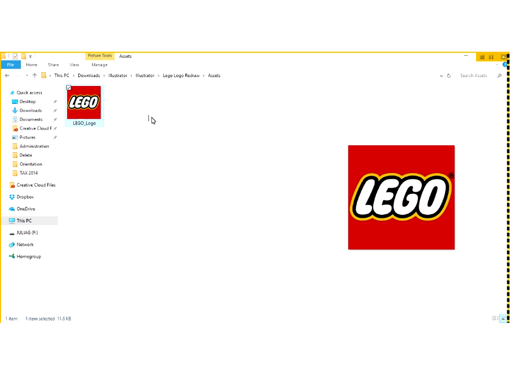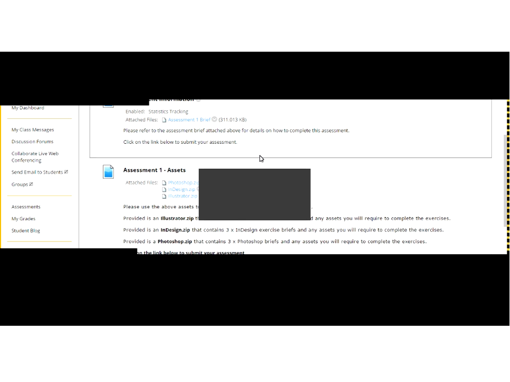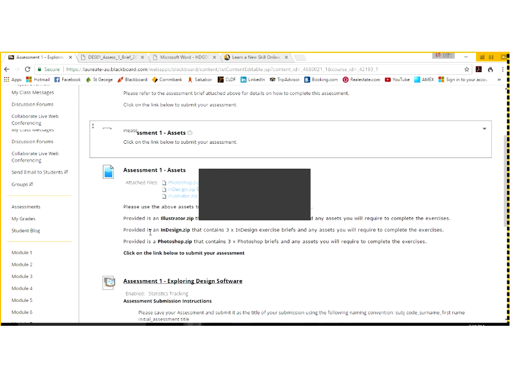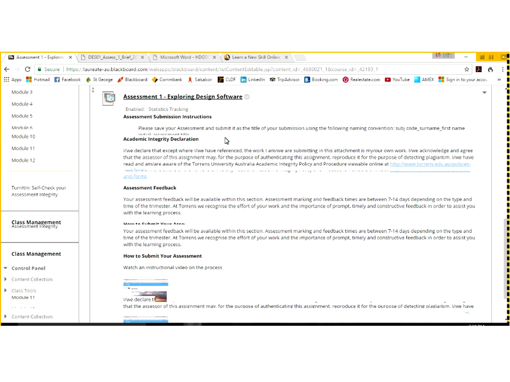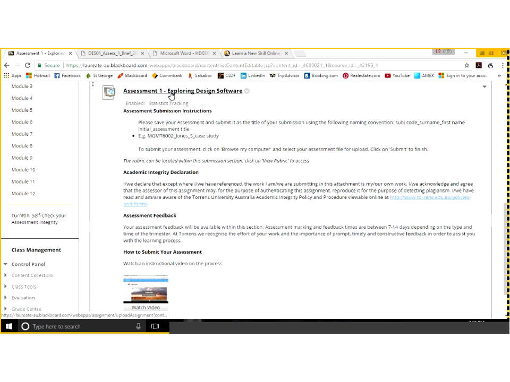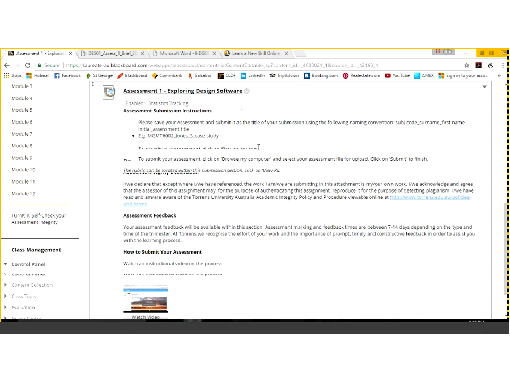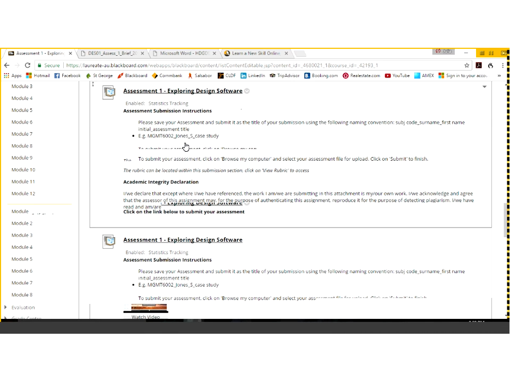And if you look in your assets, you're going to see that there's an image that's been supplied. So they're the things that you're going to find within your assets and your brief, okay? When you've created your work, it's time to submit. So we're back in Blackboard now, and we're just continuing to scroll down. So when you think, sweet, I'm ready to submit, I'm going to click on this Assessment 1 Exploring Design Software,